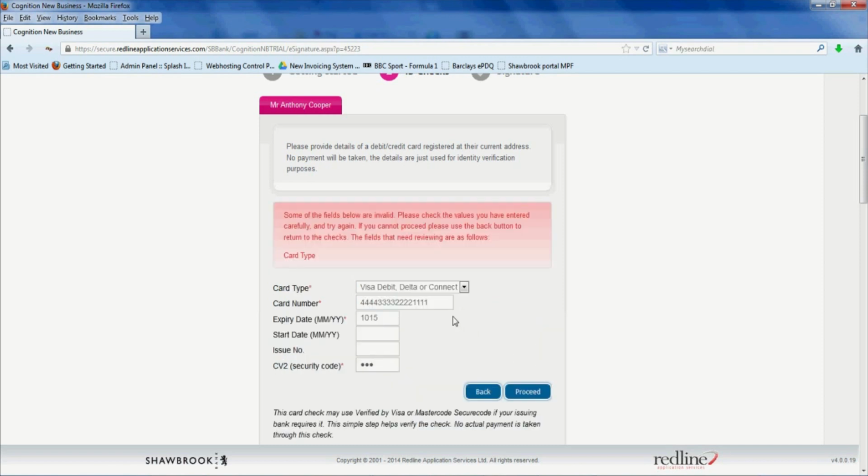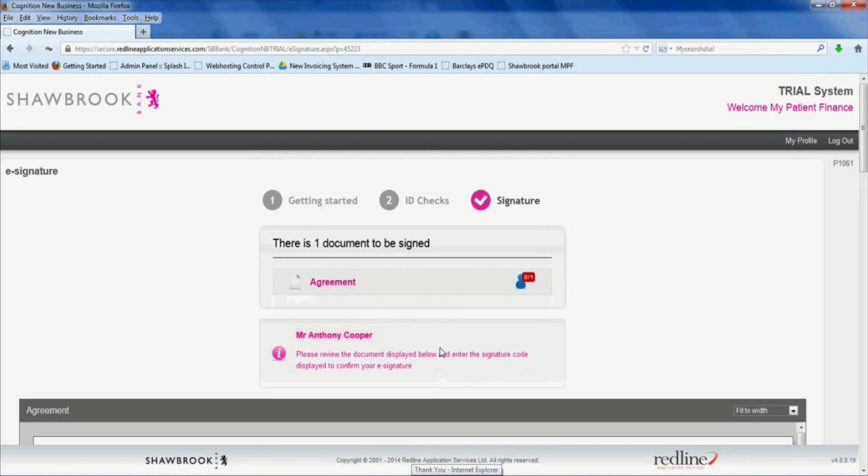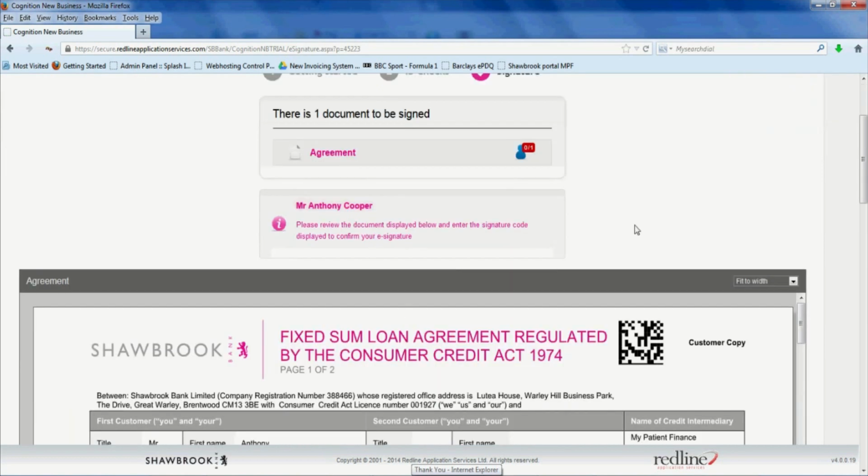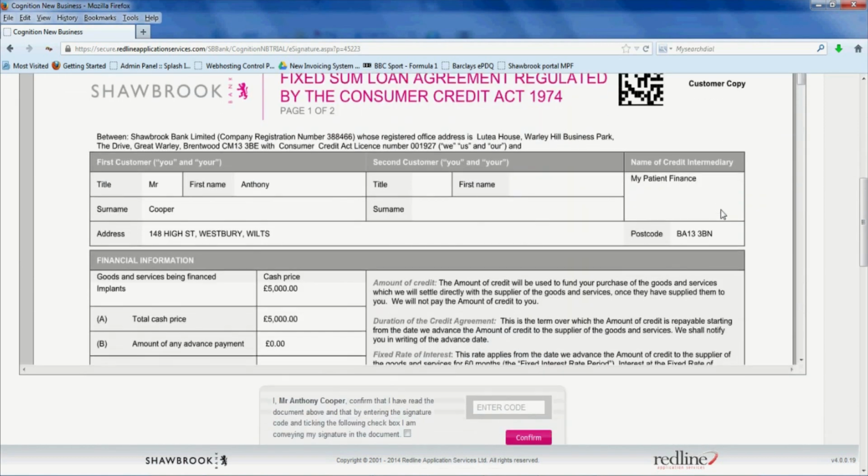Okay, I've got an error here, so that's probably something I put in wrong with the dummy data. So let me just try something. Yep, okay, I think it needs to be a Visa, straightforward Visa. Try again. Okay, and that's gone through. As quick as that. So now we have the final agreement form, and this is where we will use the